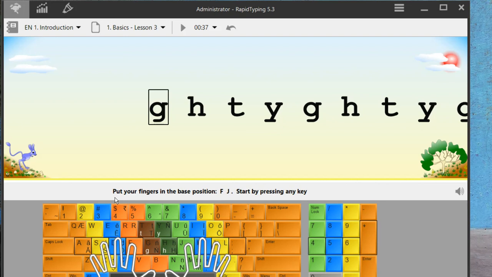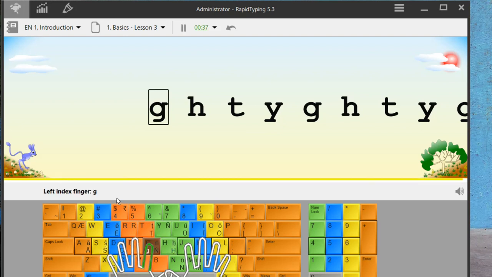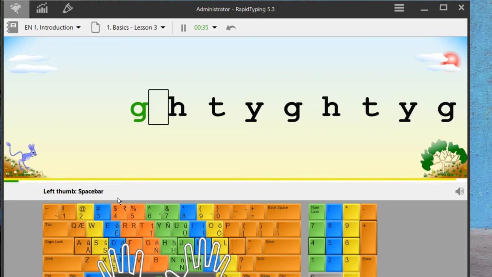First, set your fingers on particular alphabets, then start typing. Your left hand finger must be on F and your right hand index finger must be on J. Now, to type G, you have to press with the left hand index finger, then with the help of the thumb give the space.